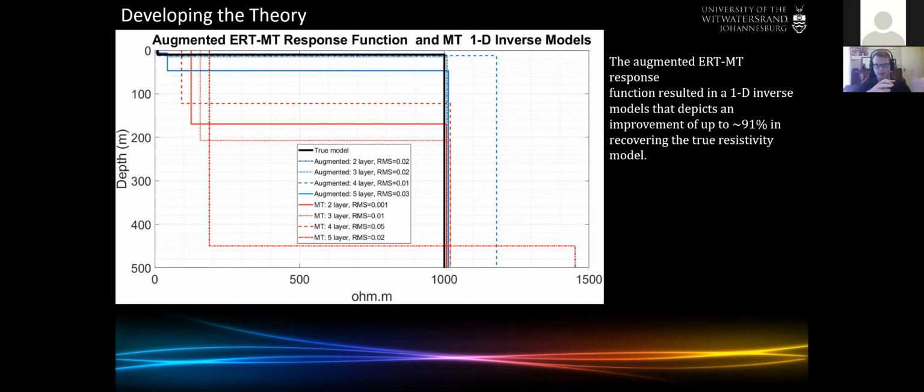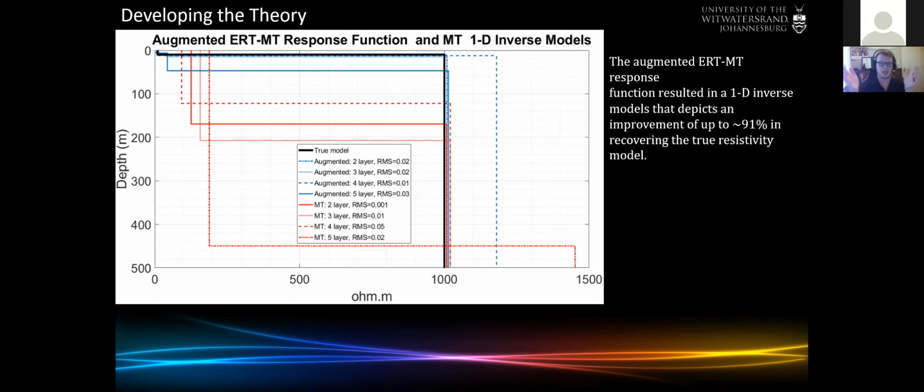So if you take the red out of the previous curves, the blue resembles the inversions we did with the augmented ERT MT response function. And as you can see here, the inversion models making use of the augmented function got closer to the real model than the standard MT. And in some cases, we came up with an improvement of up to 91% in the recovery of the true